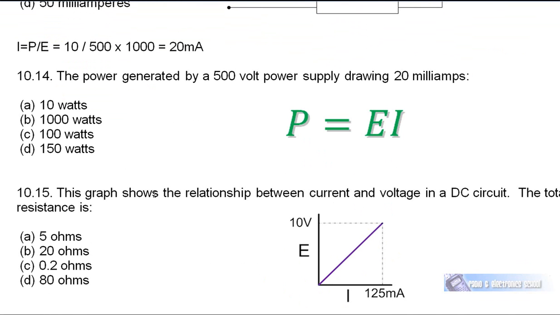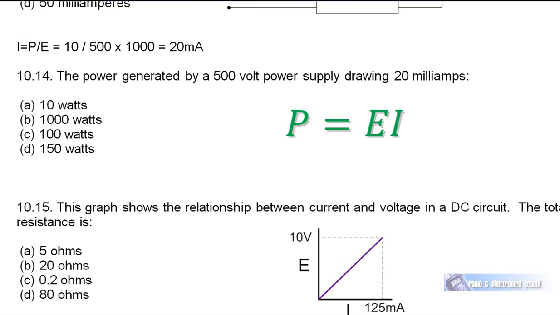Question 10.4. The power generated by a 500 volt power supply drawing 20 milliamps. So I've given you the equation. You can look it up in the formula sheet. P equals E by I. That equals 500 by 20